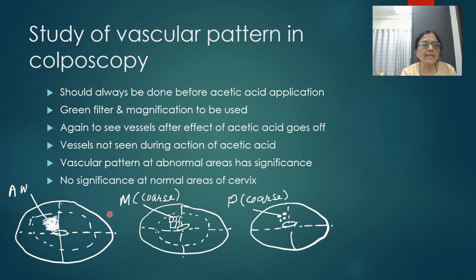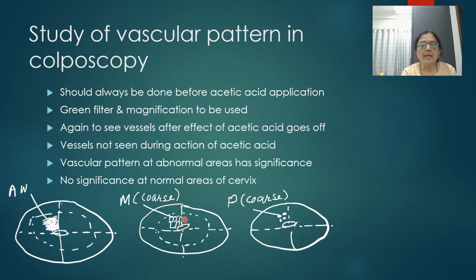of acetic acid. But secondly, whenever we apply acetic acid, we get an acetowhite area, we should focus on that area only and see how the vascular architecture is present in that area, because there is no significance of vascular architecture at normal areas of the cervix. This is the important concept, that even if you see abnormal vascular pattern in the normal area, it has doubtful clinical significance. So that is the reason we need to focus on the areas which we have identified as abnormal